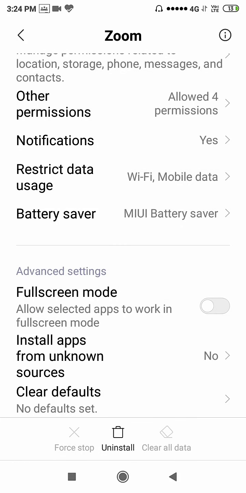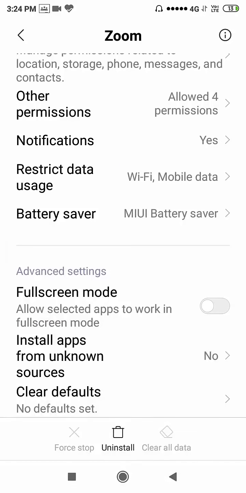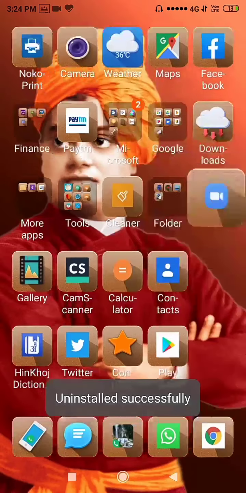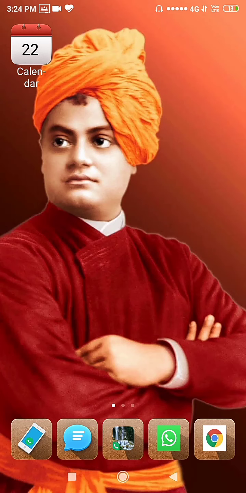And then before that clear all data, if there is any kind of information or password or ID etc., and then you have to press uninstall. That is the complete process to remove all data and to clear all data and to delete all kinds of files, reports, meeting details which were added by